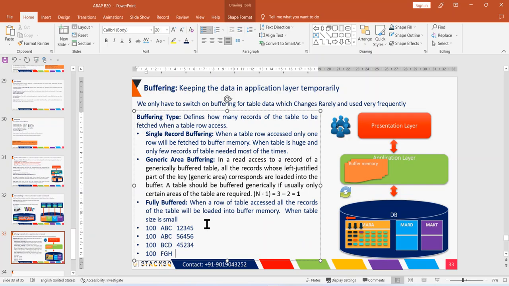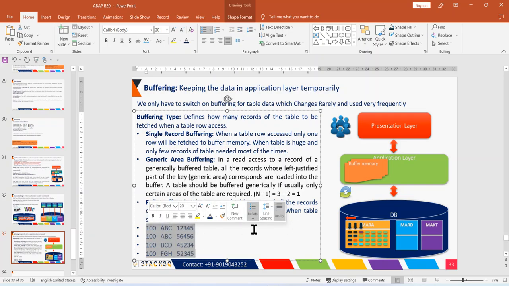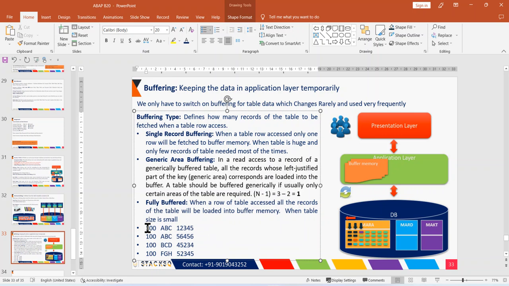Correct? So these are the key fields of the table. Let's consider all these 3 are the key fields of a table, but there is also other data here. So now if you consider only 2 key fields, this 2 column data is the same, right? 100 ABC and 100 ABC, right? So what happens then? These 2 rows will be